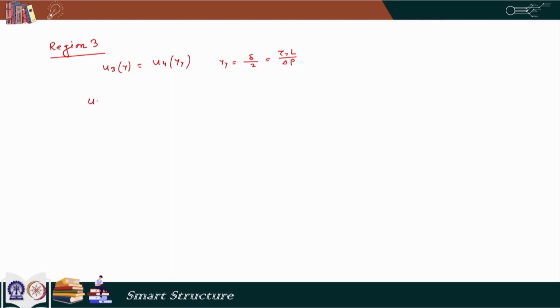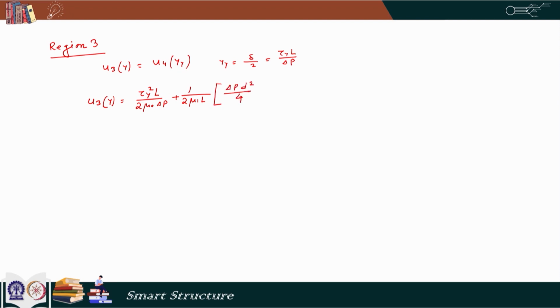And then u3 becomes tau y square L divided by 2 mu 0 delta p plus 1 by 2 mu 1 L multiplied by delta p